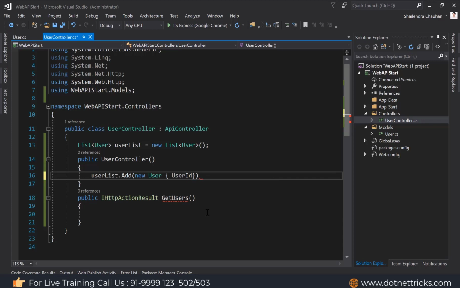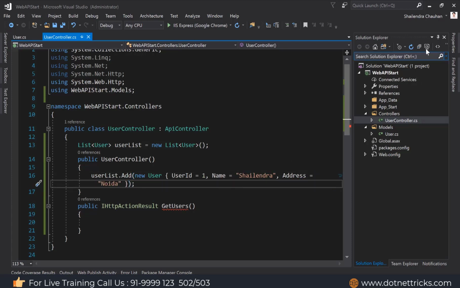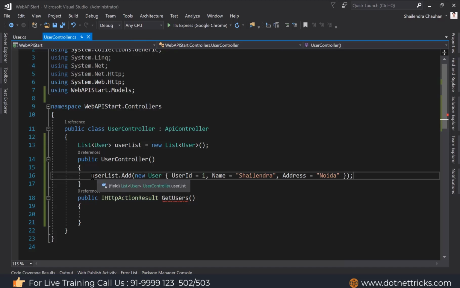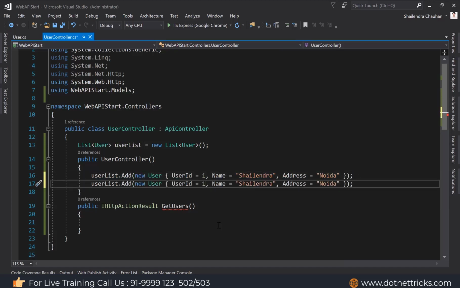So I'm just using UserID equal to 1, Name equal to, let's say, Shailendra, and Address, let's say it's Noida. So this is the first user we have added. Same way we can add another user also. Let's say user ID 2, Mohan, and Delhi.